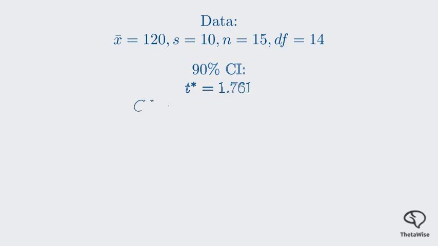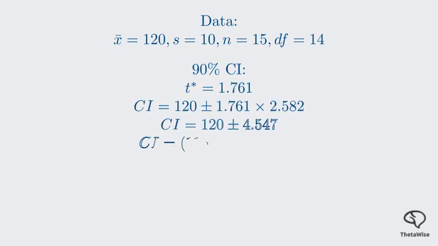Let's see how the confidence level affects the interval. Using the same data, let's calculate a 90% and a 99% confidence interval. Remember, our sample mean is 120, standard deviation is 10, and sample size is 15. The degrees of freedom are still 14. For a 90% confidence interval, the t-critical value with 14 degrees of freedom is 1.761. Plugging this in, we get 120 plus or minus 1.761 times 2.582, which gives us a margin of error of